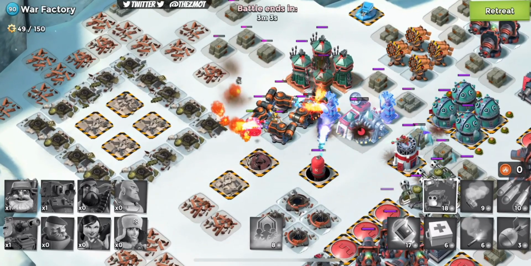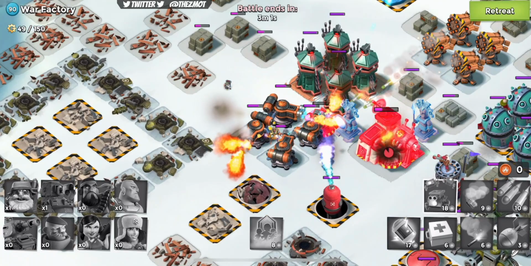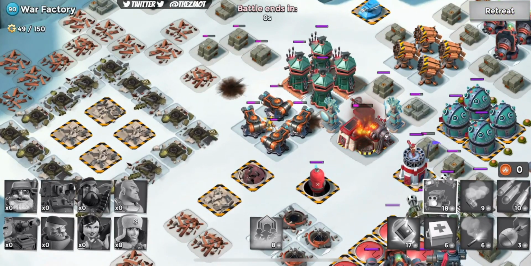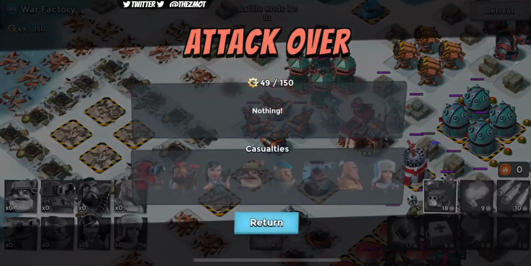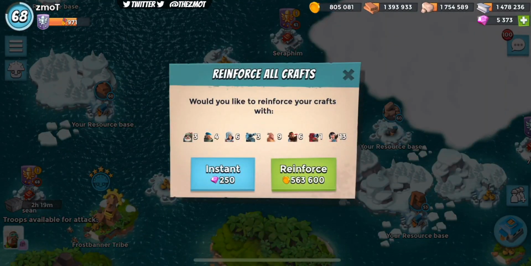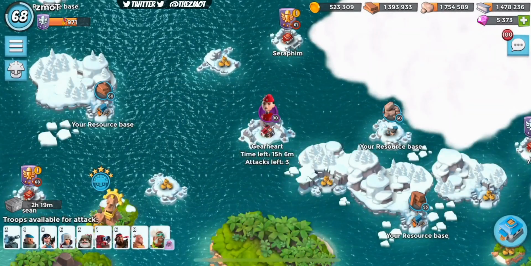Are you not entertained? So close on that core hit. Not super ideal, but we managed to do all right. Kavan, not super useful. Look at this. Like, that is just insanity. Loading all of the troops. So this should be a